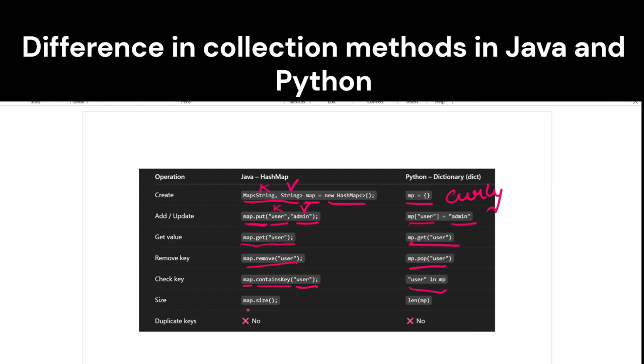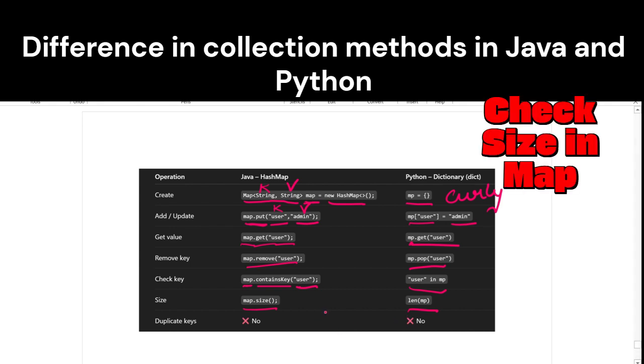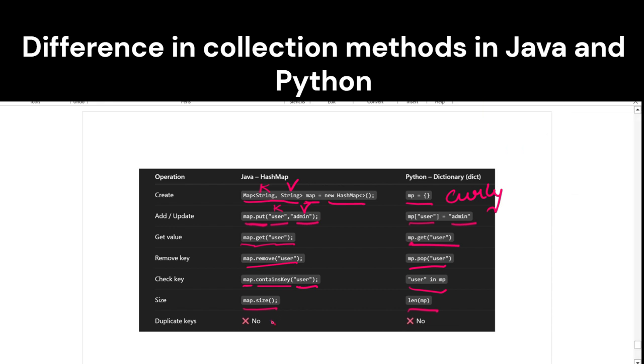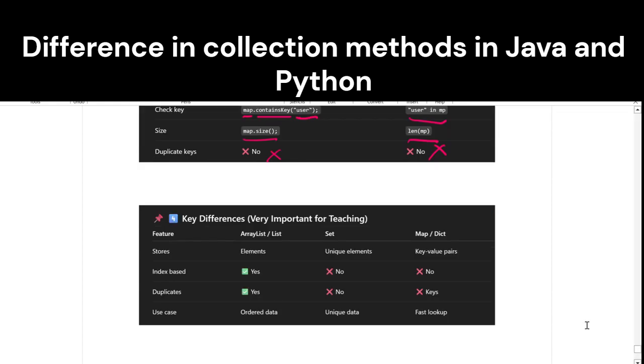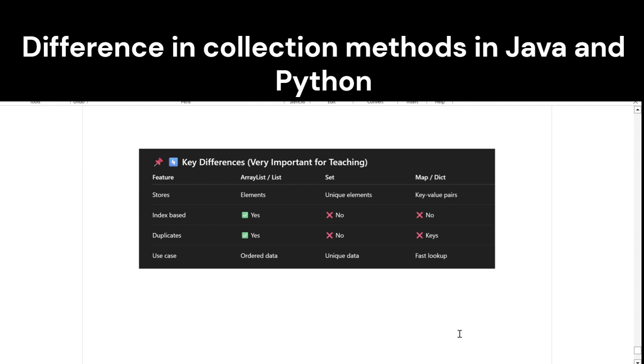Size, map.size, and in Python we always use len instead of the complete length. Duplicate keys are not allowed in Java and Python. They are always unique. Now let us summarize what we had seen for